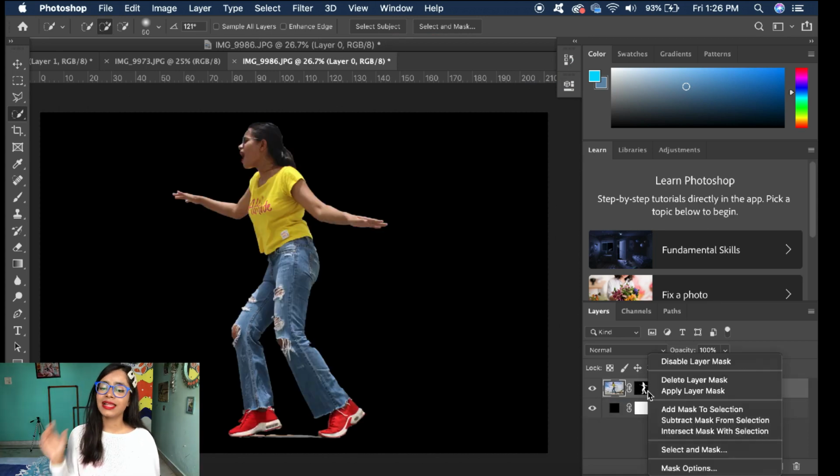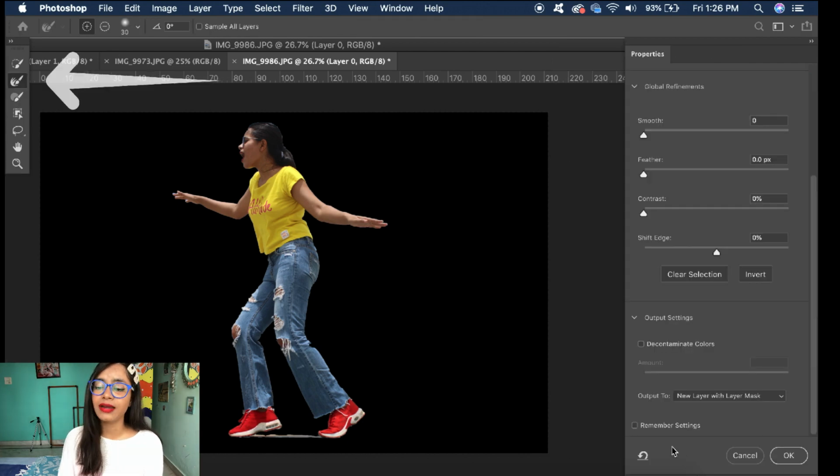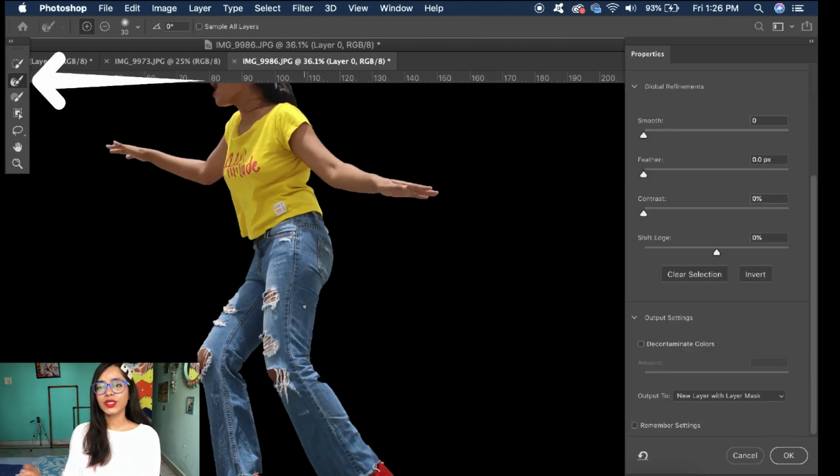As soon as you click select and mask, choose a refine edge brush and move it all over your selected parts. What this brush does, the refine edge brush, it just refines the edges of the picture so that it looks natural. Secondly, it detects what needs to stay in the picture. So it's a very nice tool. It also helps in removing the background. Yeah, let's do it and remove the edges, and let's make it a fine edged picture.